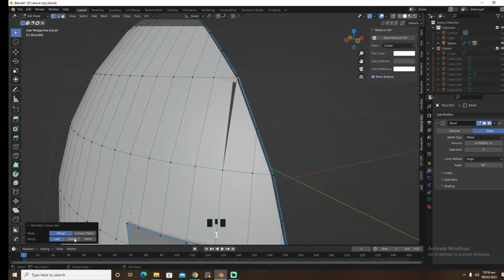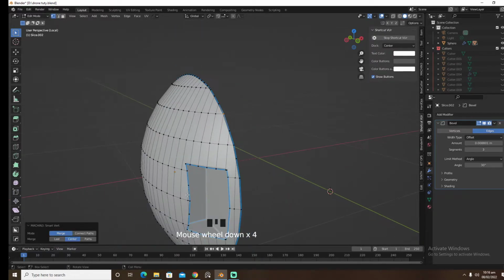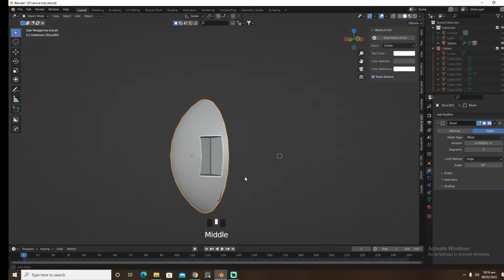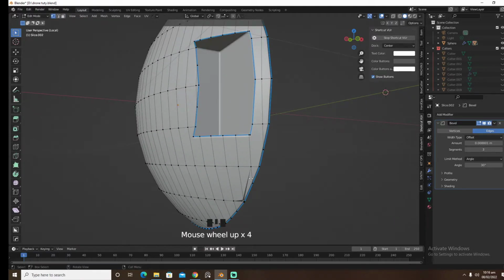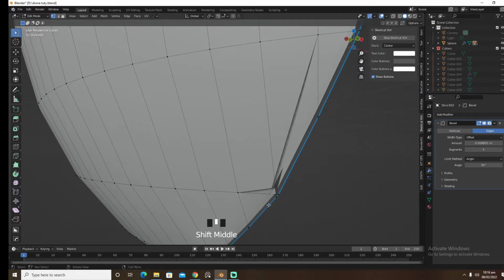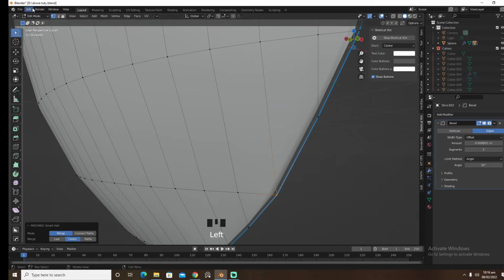Select these guys, press 1, connect them, select 1, connect them. Select these two, press 1, press 1, and if this